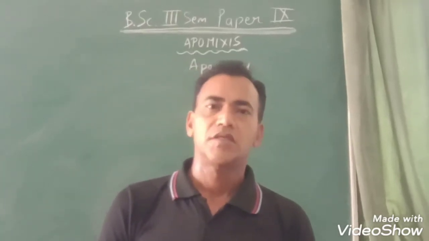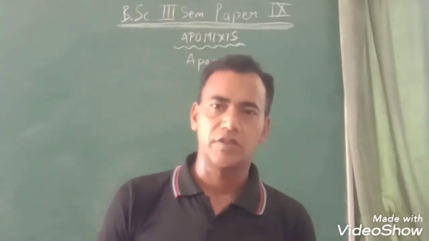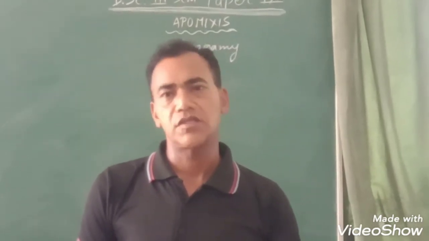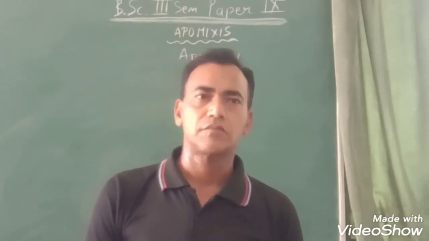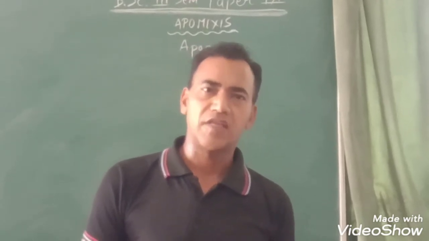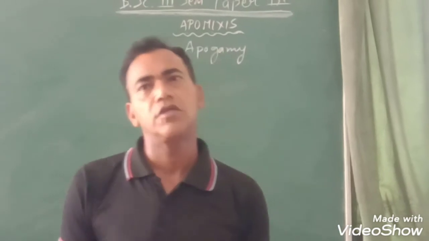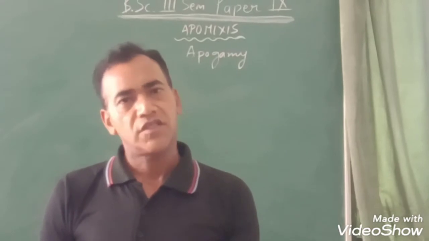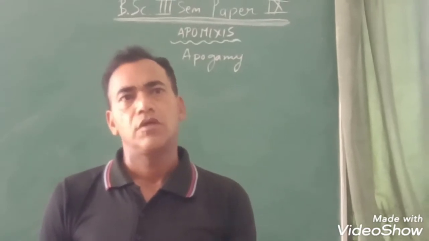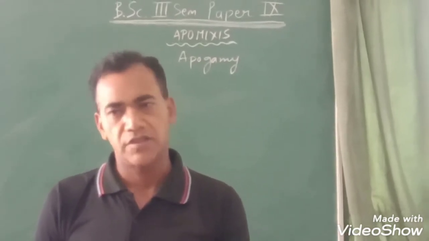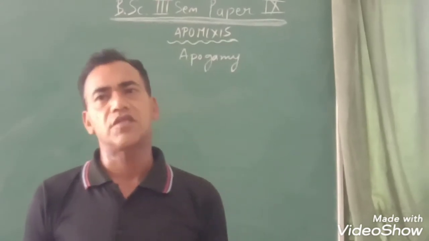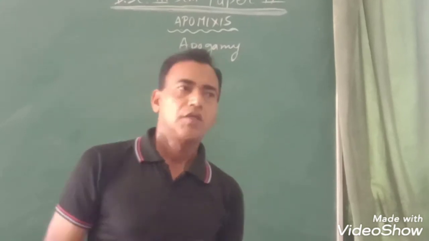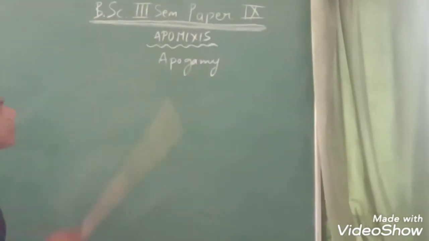Now, in this second part of the e-learning session on plant embryology, we were discussing apomixis. In the previous lecture, we discussed various types of apomixis found in plants. We discussed the first type of apomixis, that was parthenogenesis. Now today in this lecture we will be discussing other types of apomixis. First of all, let's start with apogamy.